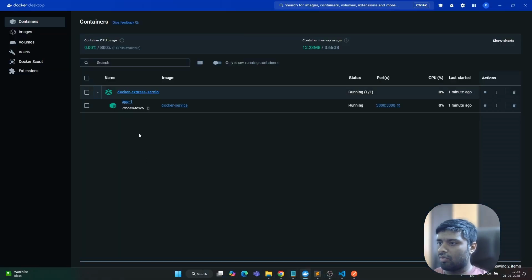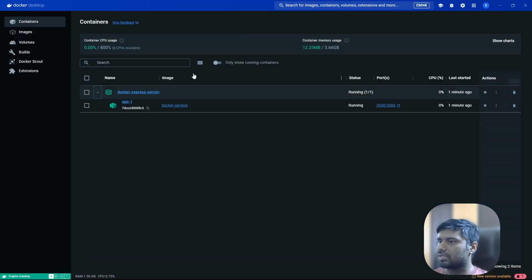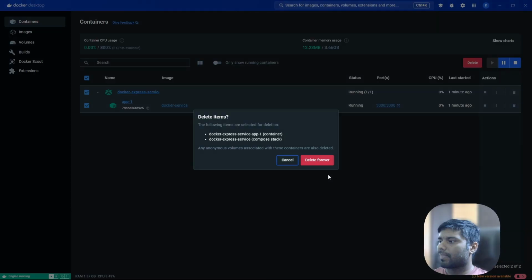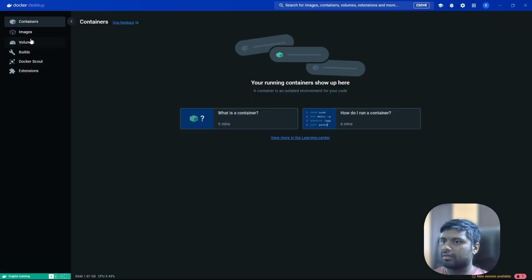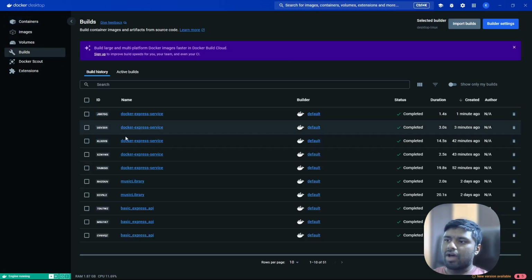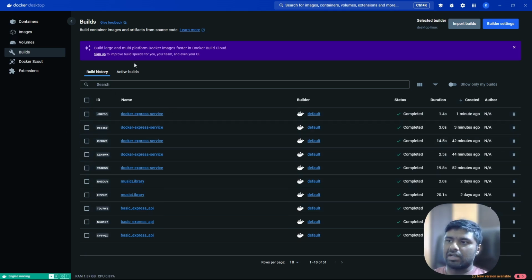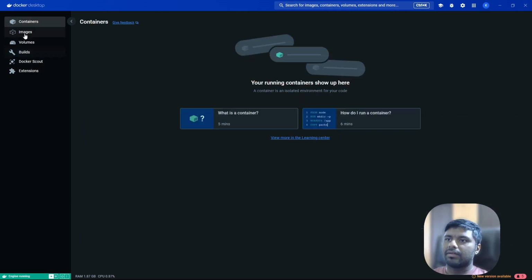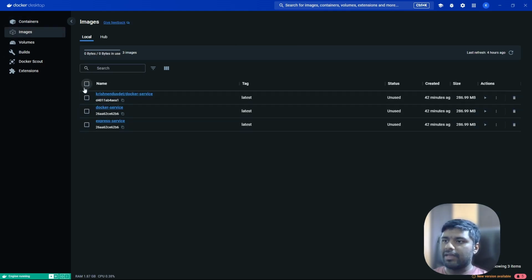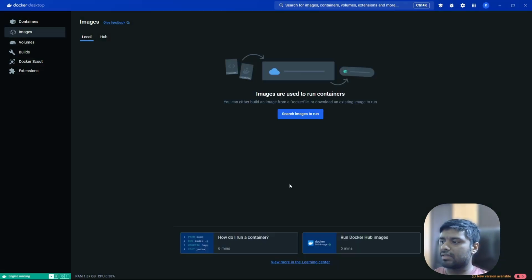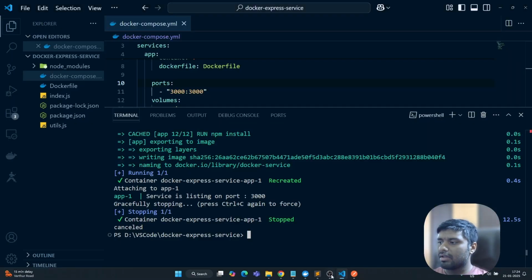And if I go back and manually try to delete all this, delete forever for now, build. Yeah, so I was talking about the build, right? Initially if you see, my build was empty, but as we are mounting these details like Docker Express, wherever our details are there, that's the reason Docker already saved this build history, this information here. So even this image, for the time being, if we try to delete this,